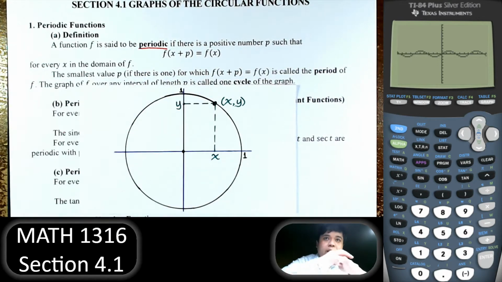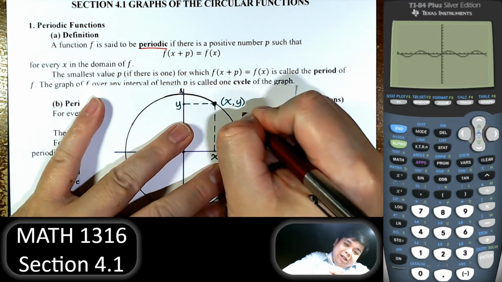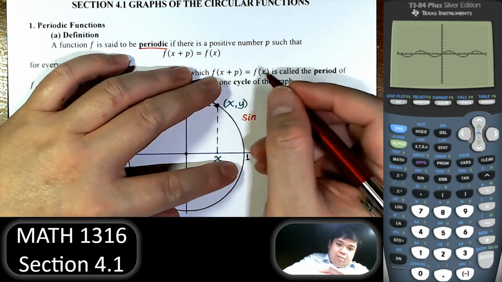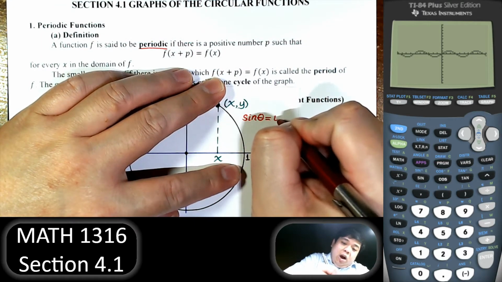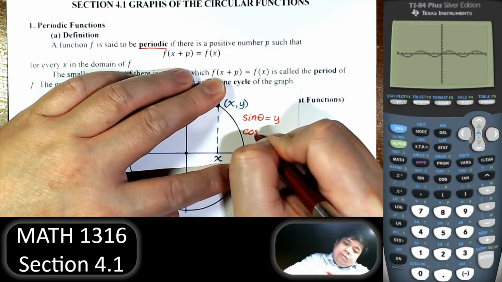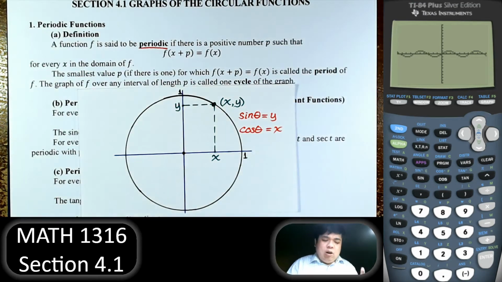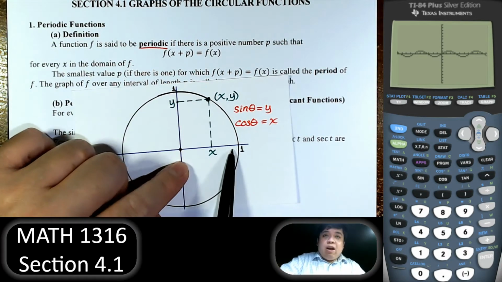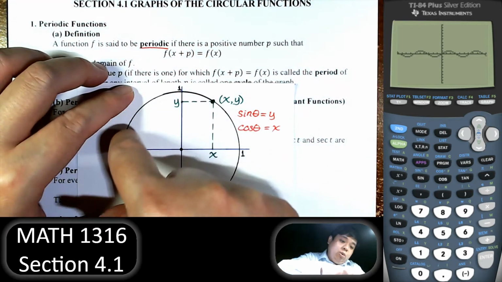So think about this. We define, let's just write, by the way, let's use theta. Sine is equal to the y values, cosine is the x values, and tangent is y over x. Now let's first focus on sine and cosine for a moment. The x values, let's say we are at this point. If we go around